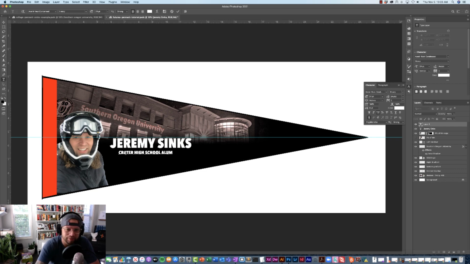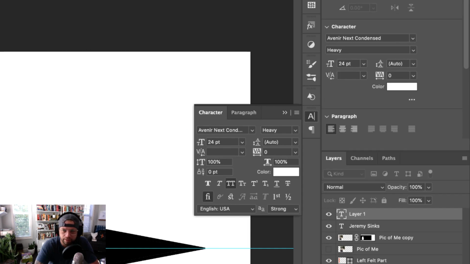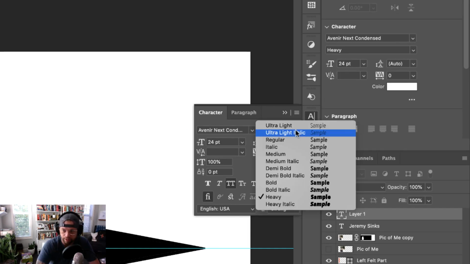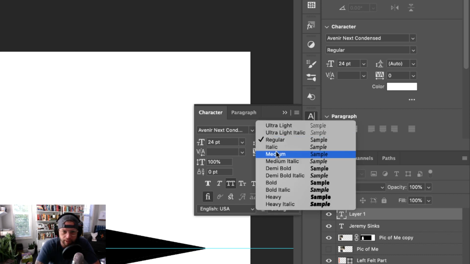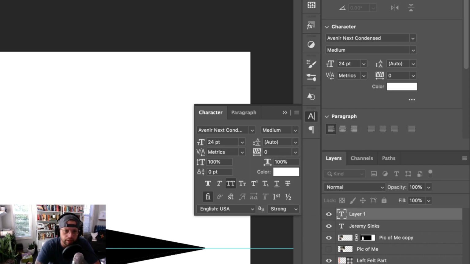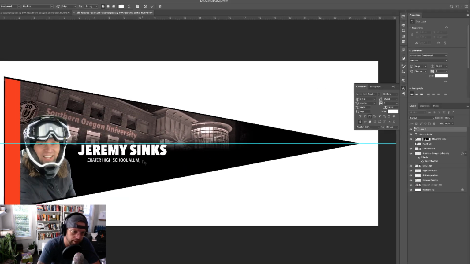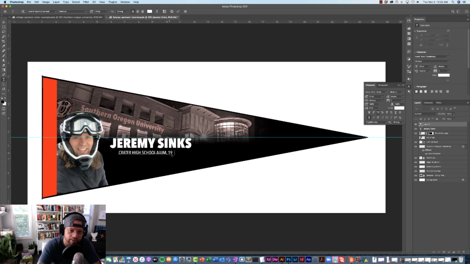Can't type here. There we go. And I want to change this font from heavy to regular, maybe even medium, actually. I think that's what I'd like to do. And then I'm going to type in when I graduated, which was a long, long time ago: 1999. And I'm going to just highlight the Crater alum part with the comma and turn that into